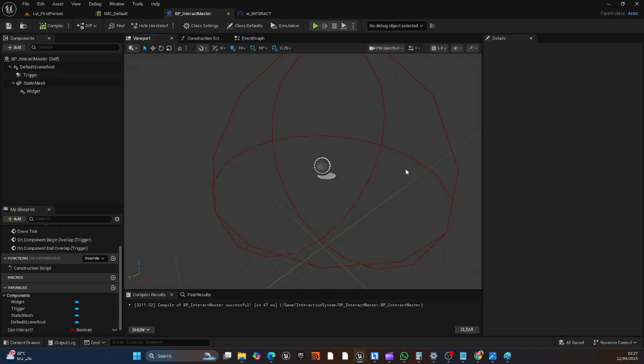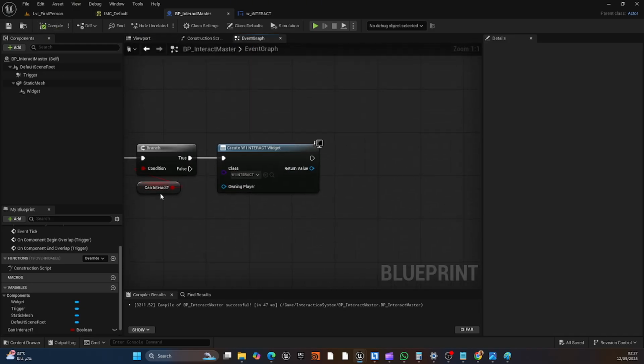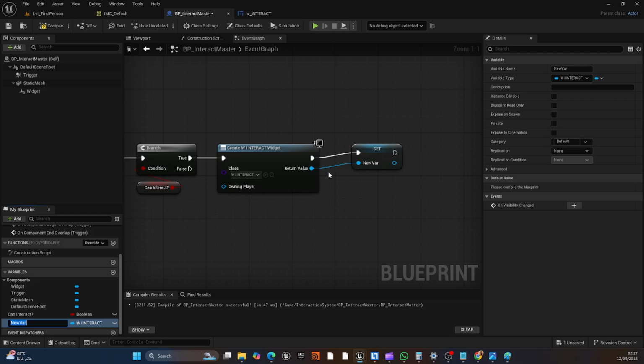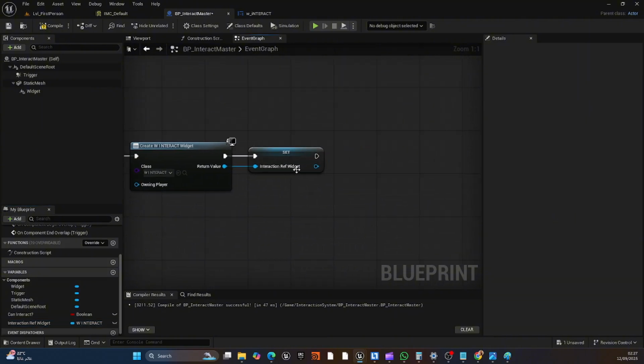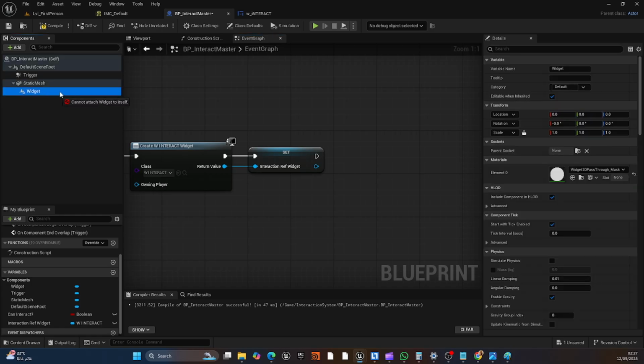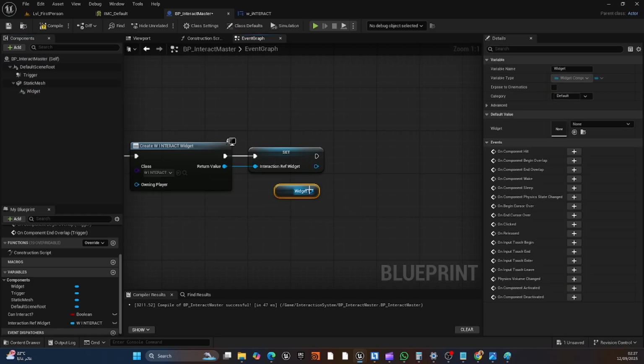As you can see, it's all fixed. And then when I create the widget, I'm going to just promote this to a variable so I have the widget reference. Interaction widget reference. Sorry guys, I have a problem with the caps here. That's just a reference. And I'm going to set my current widget, which is empty, by the way. I'm going to set my current widget to,